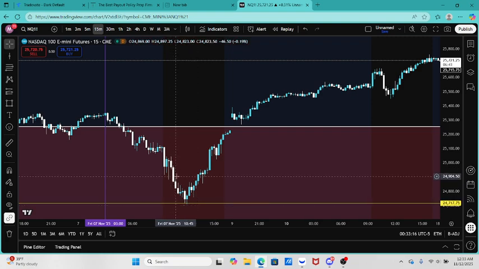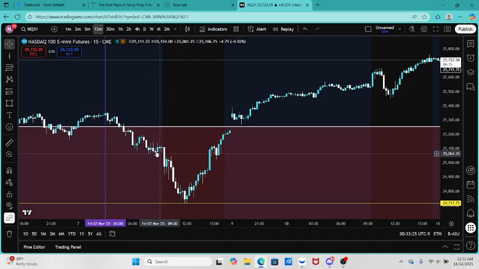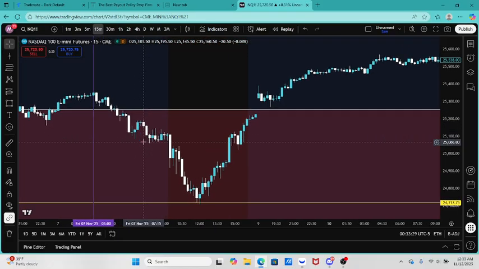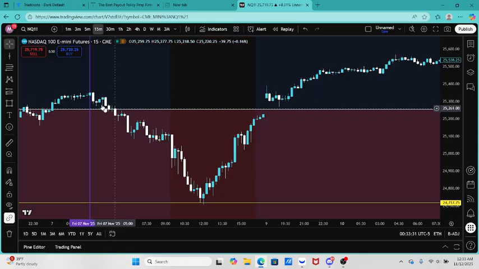Now you might ask, how do you know when to enter? Like, why not enter right here or here or here? We want to wait until the market structure has shifted. So see right here how we're just kind of going down. Like no high is taken, new low created, new low created, new low created. And then